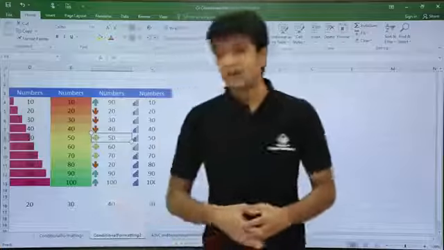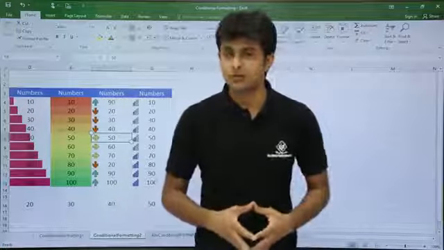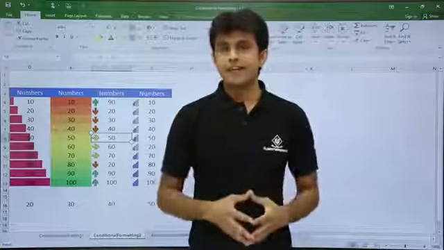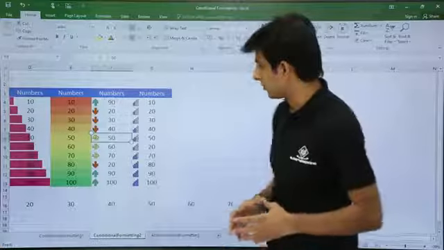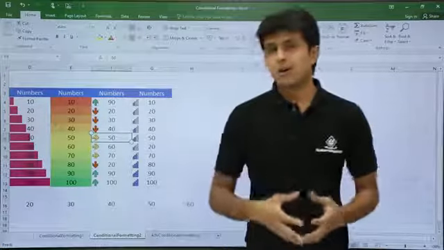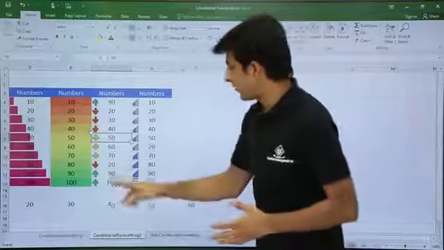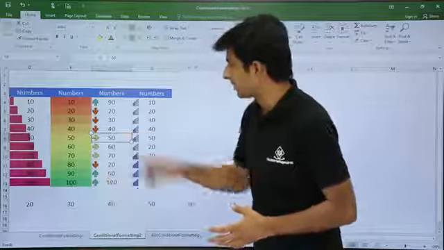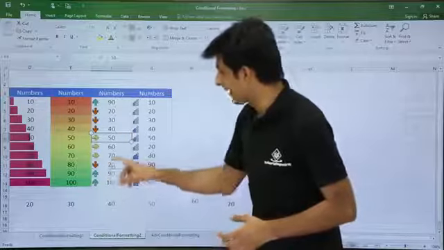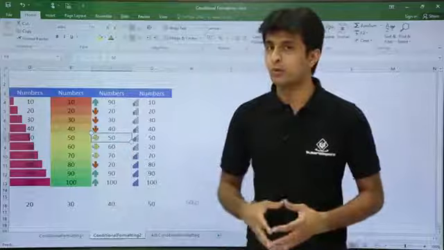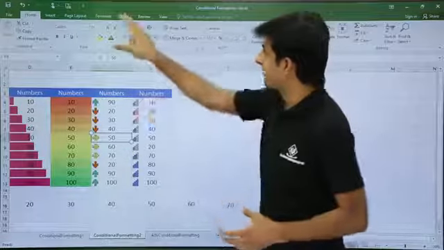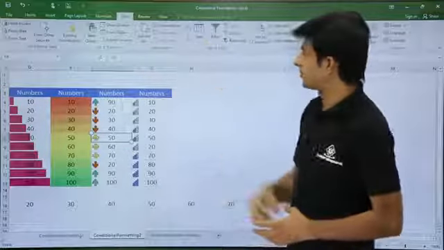Let's see one more thing here. Based on the icon sets, we can do sorting also, which I have left earlier. Sorting can be done. How come? I'll show you this. If the numbers are not properly sorted, and I want to see all the higher numbers on the top, let's say I want to see 100, 90 and 90 on the top, how do I do that? You can go to the data tab. In the data tab, you see there is a sort option.